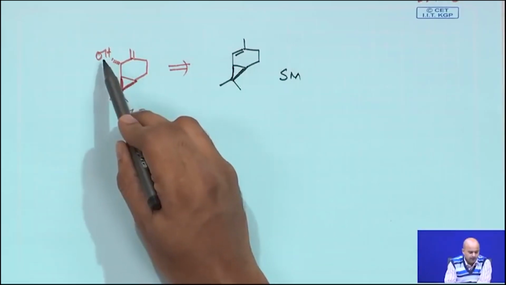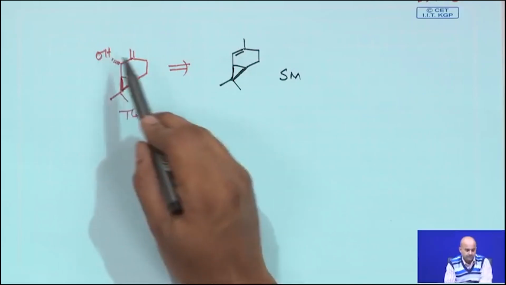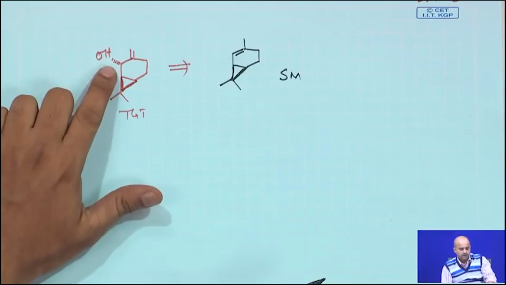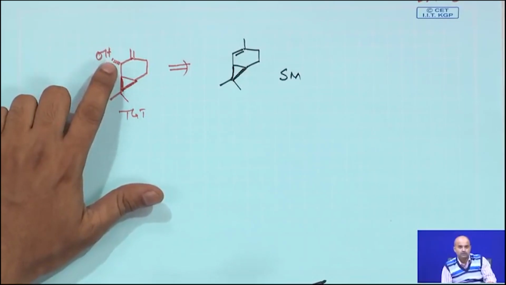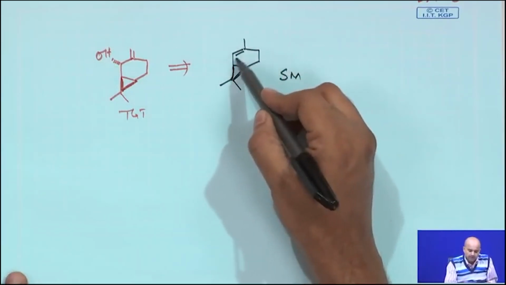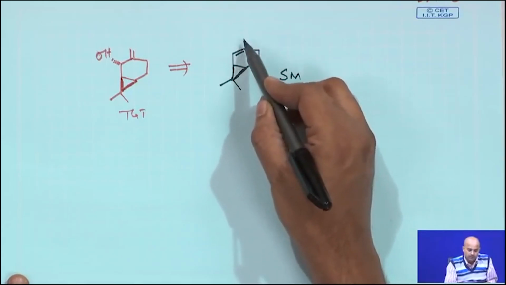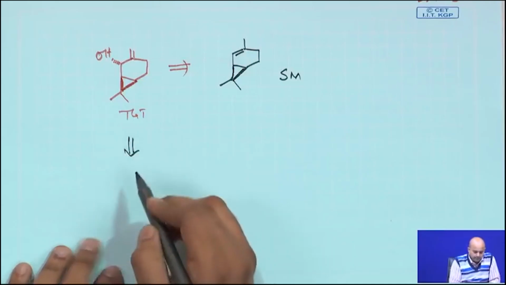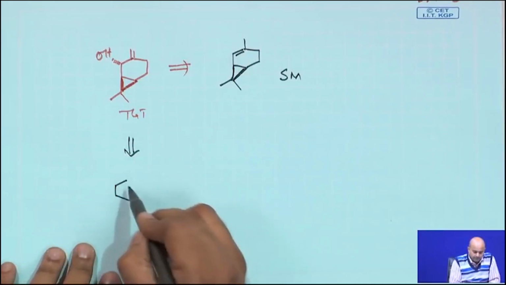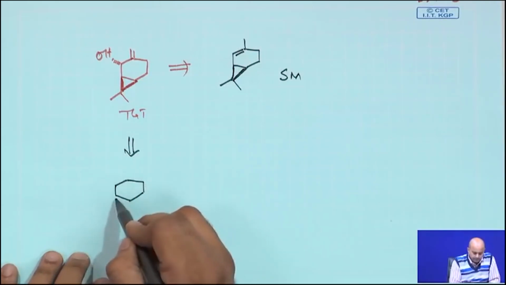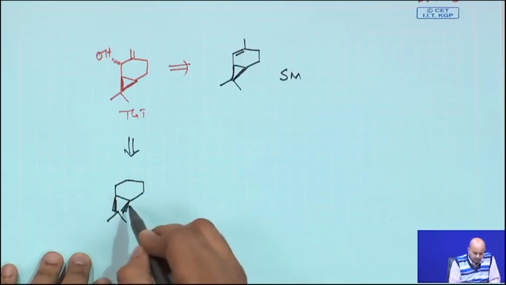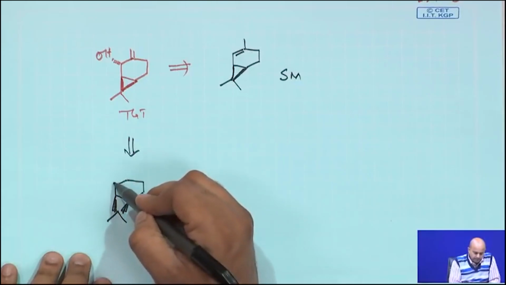You basically have an oxygen-containing functionality introduced here in a stereoselective way. I mean, the particular stereocenter is to be taken care of. The double bond, instead of an endocyclic double bond, is now an exocyclic double bond. So we will now follow the retro pathway, how it could be. This is the cyclopropane part, and then we say